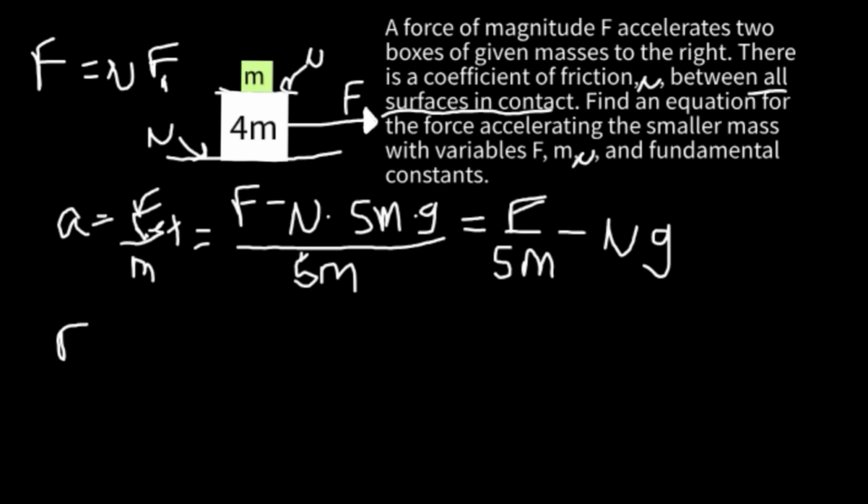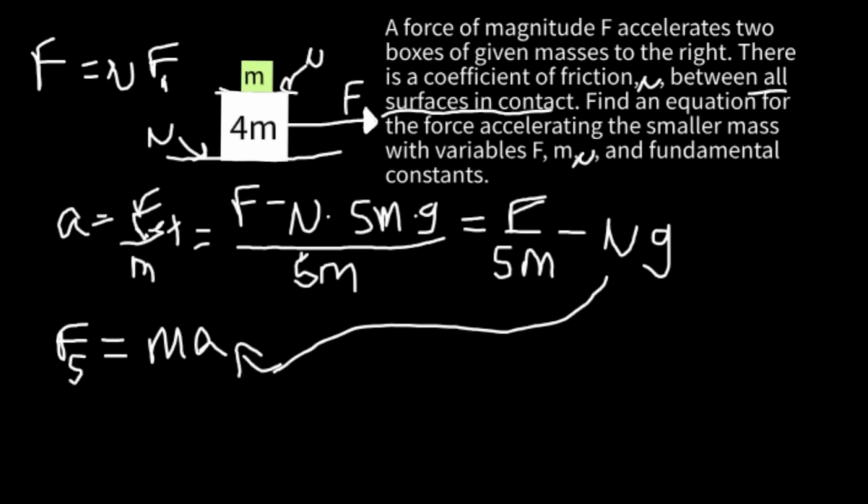So that is going to be F. I'm going to put F sub s for smaller mass. That's going to equal the mass of the smaller mass times its acceleration. We know its mass is m, and we have a nice little formula here for our acceleration. So we take F sub s is going to be m times acceleration, which is F over 5m minus mu g,